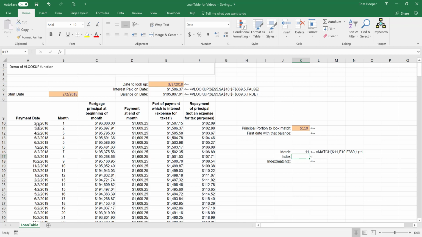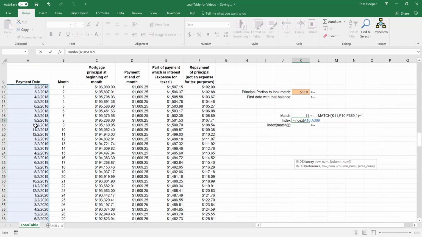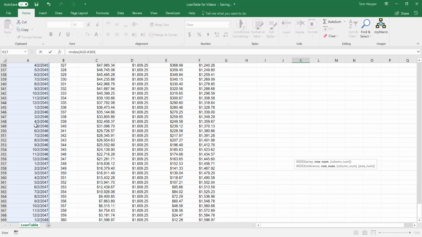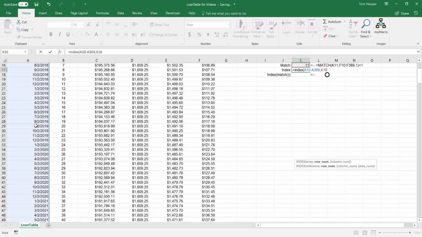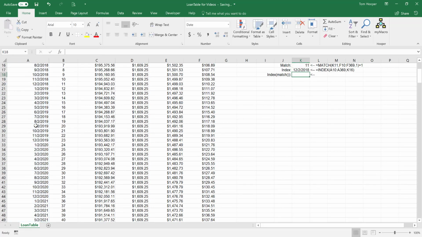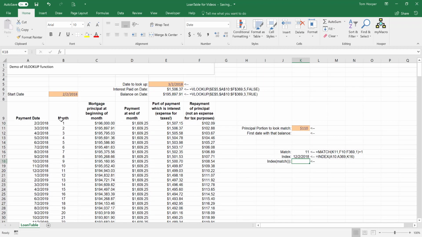Then if we wanted to find out what date that happened on, we could use the index function to look in this array for the 11th row. So let's do that. Index this array for the 11th row. And we find out that on December the 12th, 2018 is the first payment greater than